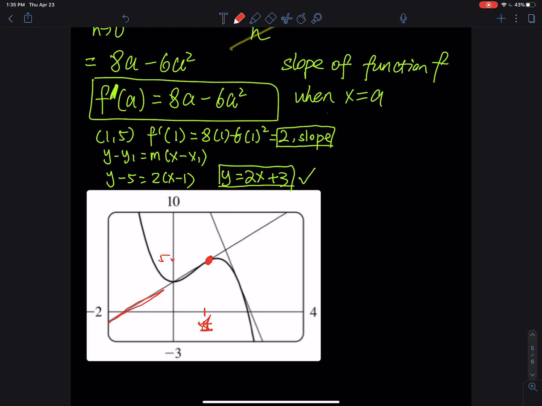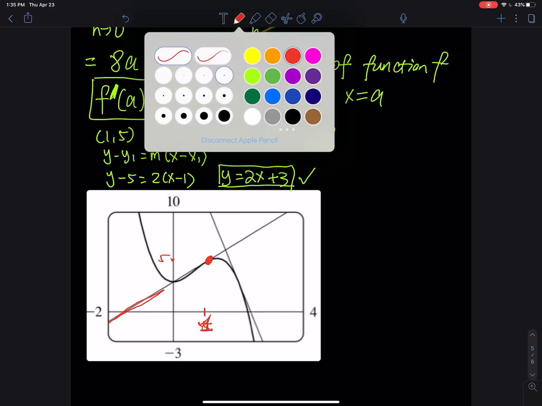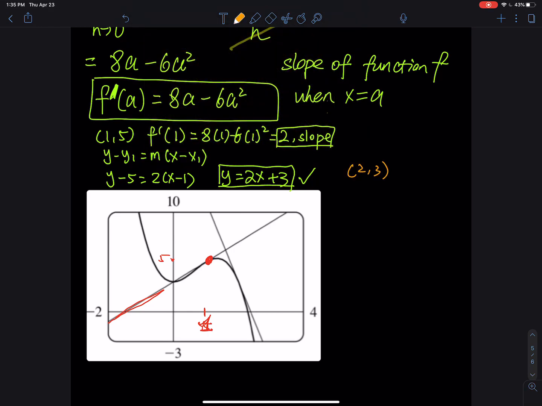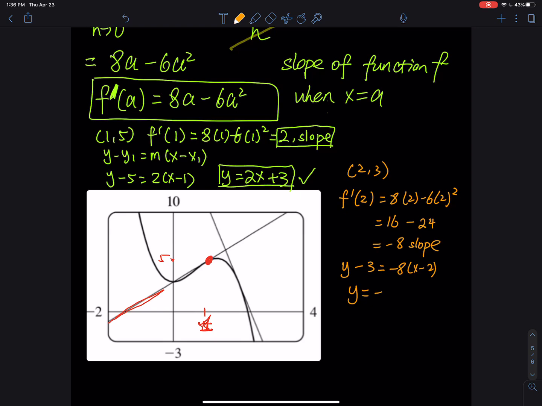What about the other point? (2, 3). So we have f prime of 2, when x is equal to 2: 8 times 2 minus 6 times 2 squared. What is that equal to? That is equal to 16 minus 24. That equals negative 8, right? So this is my slope. And then y minus y1 equals slope times x minus x1. So you have y minus 3 equals negative 8 times x minus 2, so y equals negative 8x plus 16 plus 3, that is y equals negative 8x plus 19. At (2, 3),